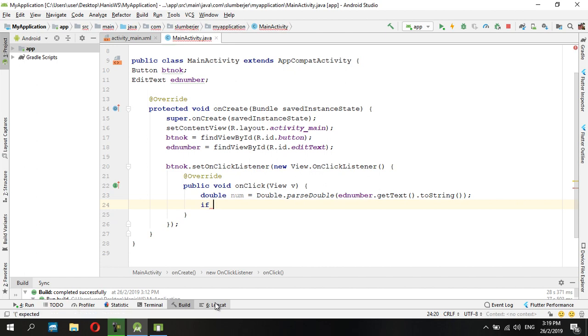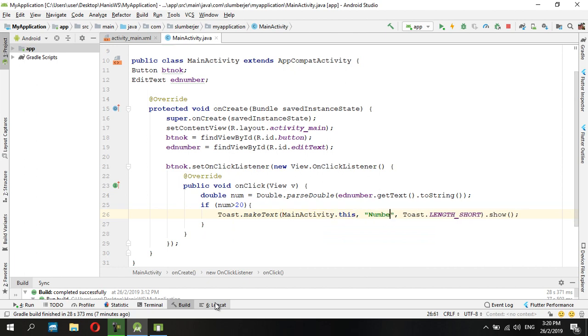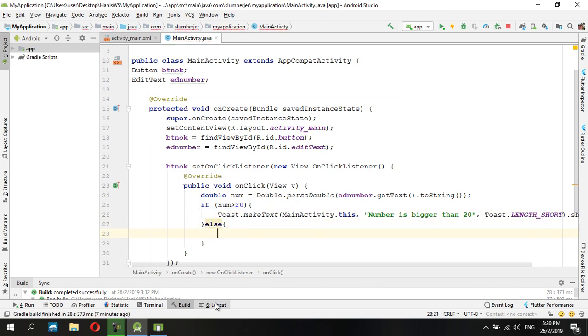So if num is bigger than 20, we just toast number is bigger than 20. Otherwise we toast again, number is smaller than 20. So if you run this application,